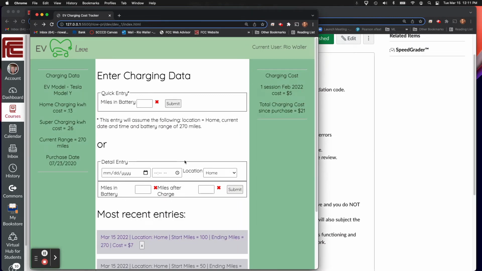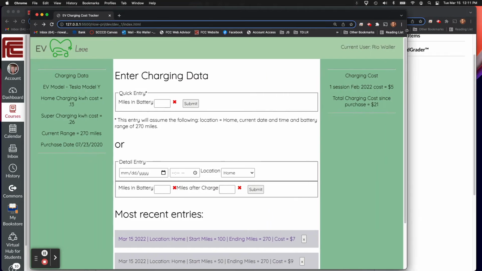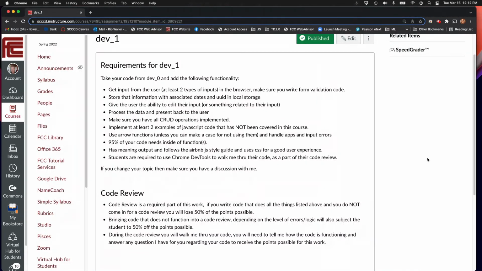So what happens is when you reach a particular size, and again, you don't have to do this, but just have something that looks somewhat nice on the page. I ended up grabbing a logo. I actually simulated the idea of somebody already logged in because I didn't want to do a full login. But for a real app, for sure you would. I simulated it by showing current users, but have something, right? Do some CSS, and I think, based on the output I've already seen, all of you did fine on that,